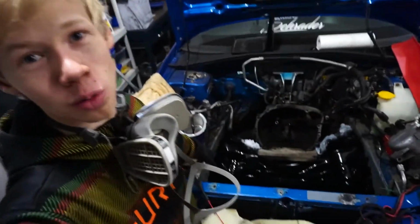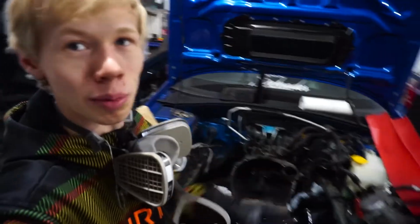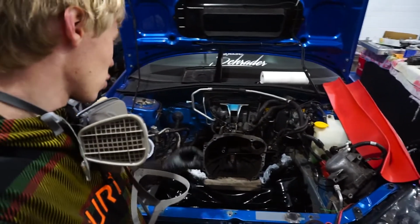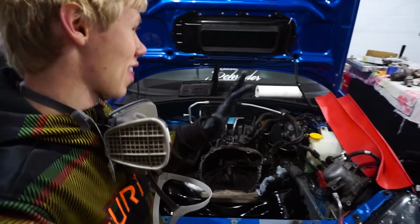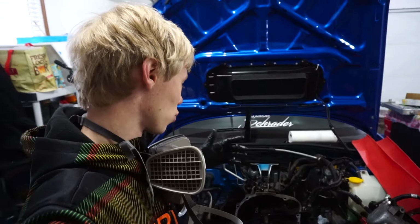As I said, I'm not the best painter ever, and that definitely shows on the mistakes I just made. So I have to essentially sand down that back subframe just because I made a couple mistakes. So I first essentially painted, and there was a bunch of particles. I'm like, why are there particles? And I think when I pulled that cardboard out after I did the bottom, it kind of brought some dust,